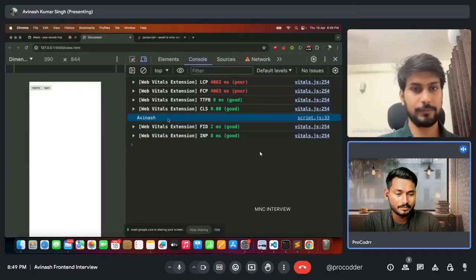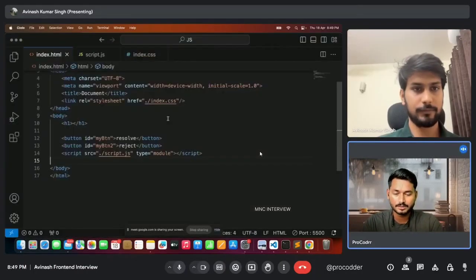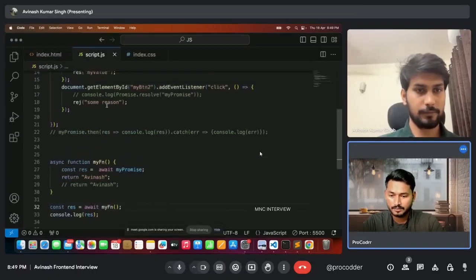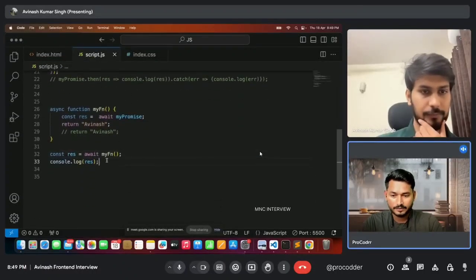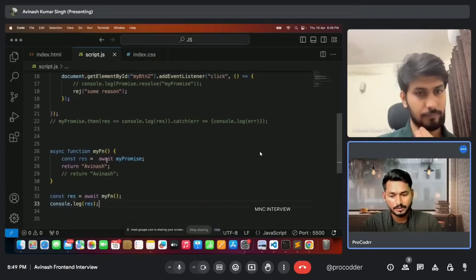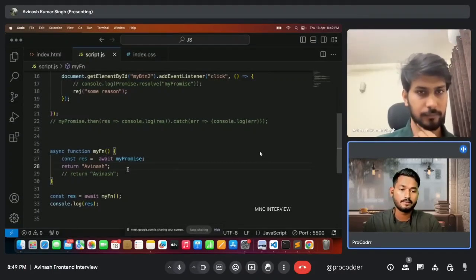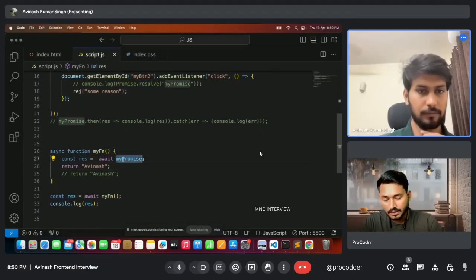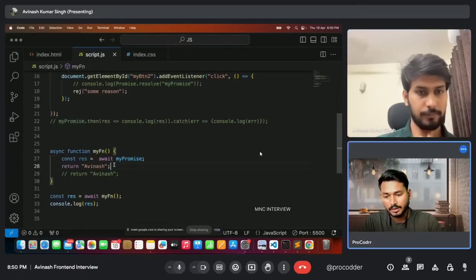Come to the JavaScript file. So we have made a promise which can be pending, resolved, or rejected, with an async function. But we need a promise so that we can await it.